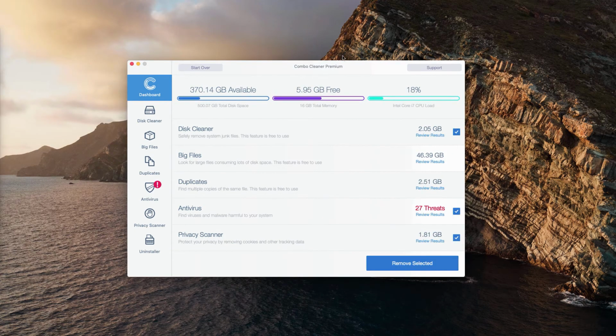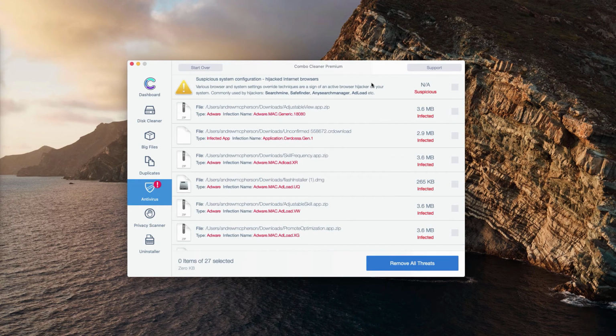This is the end of scanning by Combo Cleaner Antivirus. Whether it is in the trial mode or in the premium mode, the program will perform scanning of your computer and its analysis. At the end of scan, you will see the detailed report. If you see something next to the antivirus section, you may click on Review Results to find out what exact threats were found. So you will see the detailed list of each specific threat and its detailed location in your